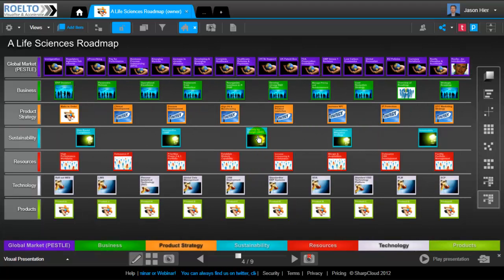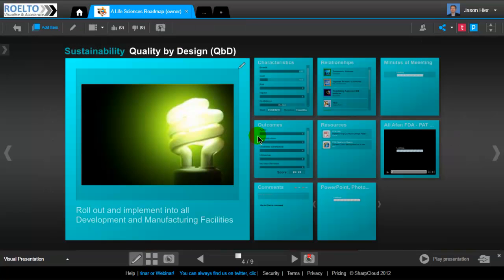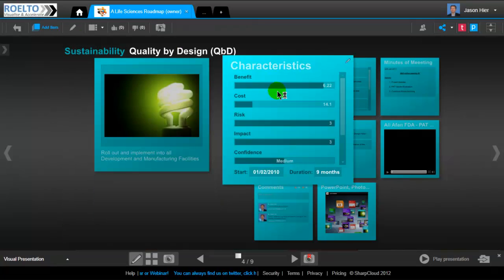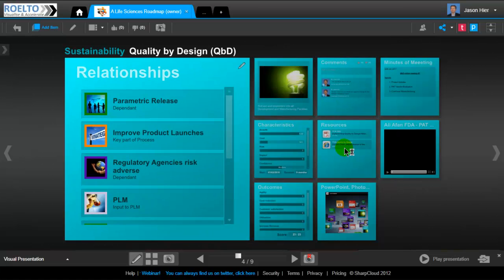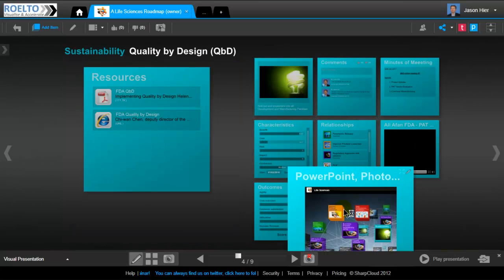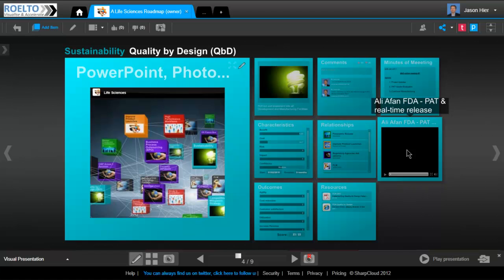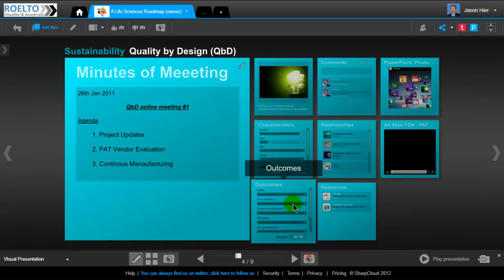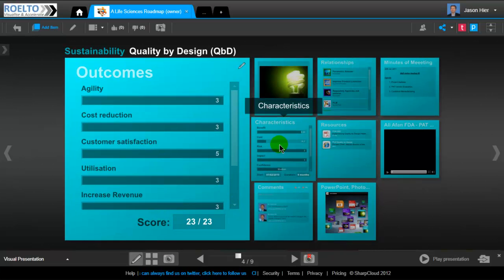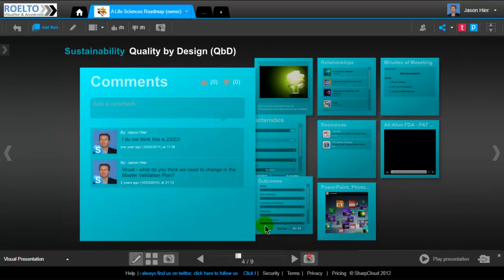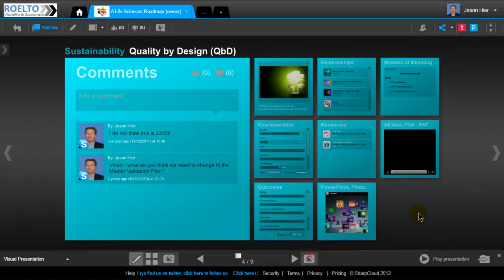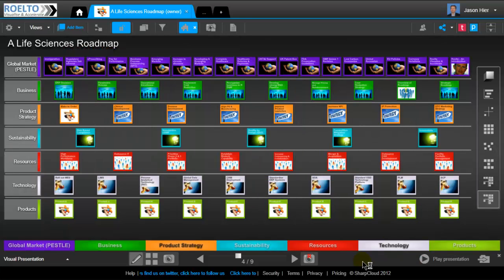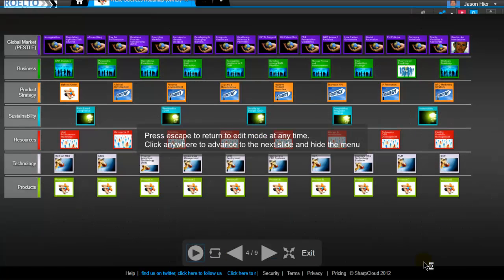So if we had like quality by design, for example, and we wanted to see what was inside that, we could look at the information within it and any attachments, any images, if there's any videos, if there was some minutes of meetings, what we think the outcomes will be, or its characteristics, or what comments people have made. And then we can click back out and we can then resume the presentation again from where we left off